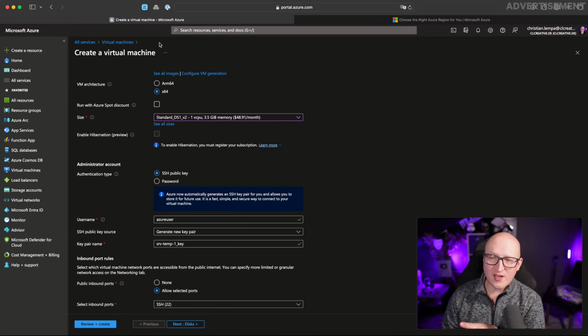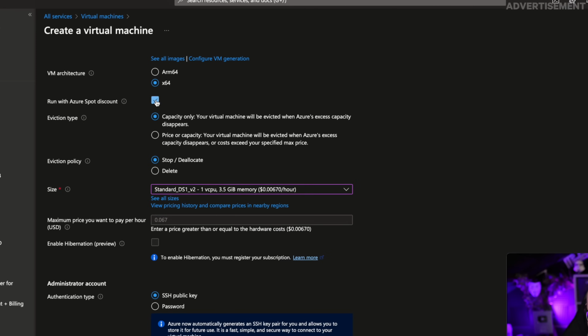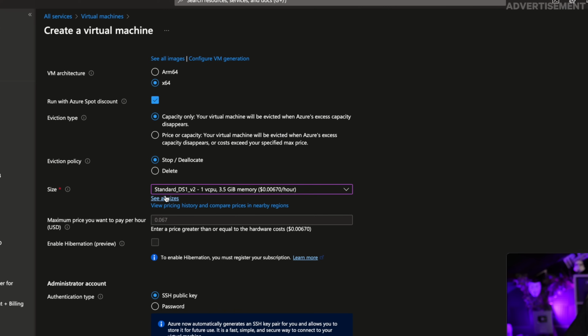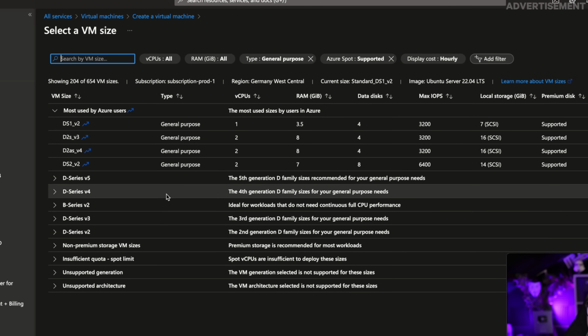So if you go back to the Create a Virtual Machine window and select Run with Azure Spot discount, it gives you a couple of more options. Like you can choose the eviction policy, so that means what happens when Azure would need to deallocate your machine. Should it delete it or should it just stop and deallocate the resources until they are free again? So I would always choose that here, otherwise it might happen that your Azure virtual machine gets deleted and you never know why. And then you could go to see all sizes, and now you got a slightly different table